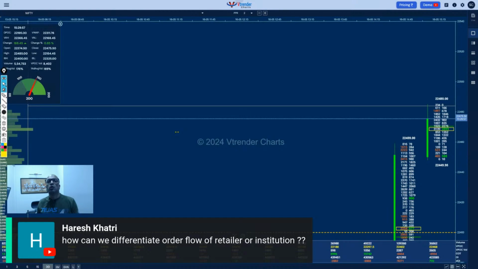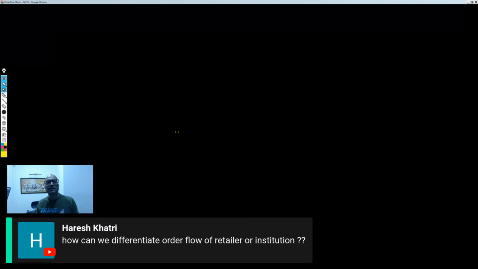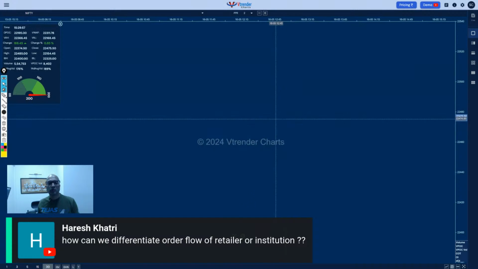You're looking at a lot of other things which you added on your chart, and you're using them to understand what price is doing. Nothing wrong with that. It's a perfectly legit way of understanding price action. But the true order flow trader, the person who understands order flow, does not have anything else on his charts. What he will do is